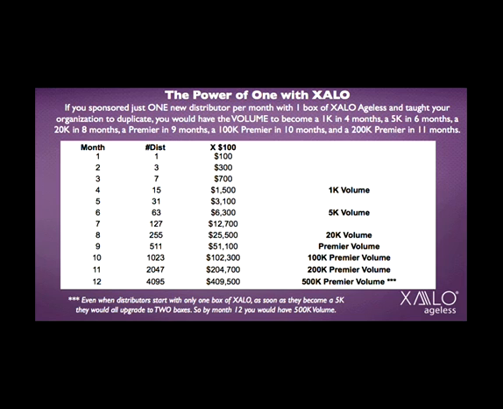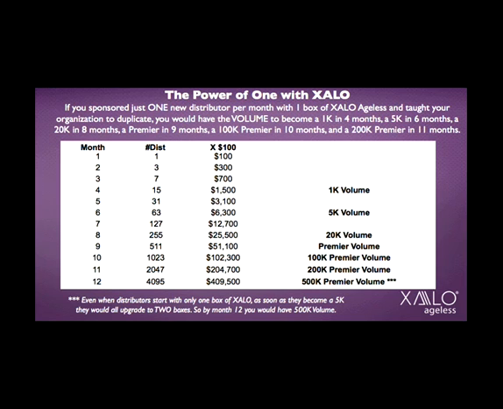Not even covering the cost of my products. I'm not the average 1K yet, but hey, I'm a 1K. I just stepped up in rank. I got a pin. I got an achievement. I'm kind of excited. And those 15 people plus me get one more. In the next month, I've got 31 people. And at the 6th month, I have 63 people, and I am a 5K. Definitely paying for my products, and I'm definitely on my way to big things.